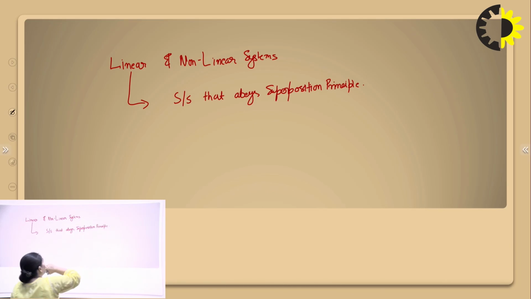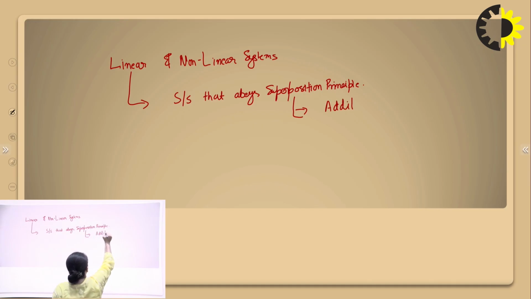What is the superposition principle? The principle which comprises two properties. One is the additivity property, the additive property. What does the additive property say? That if